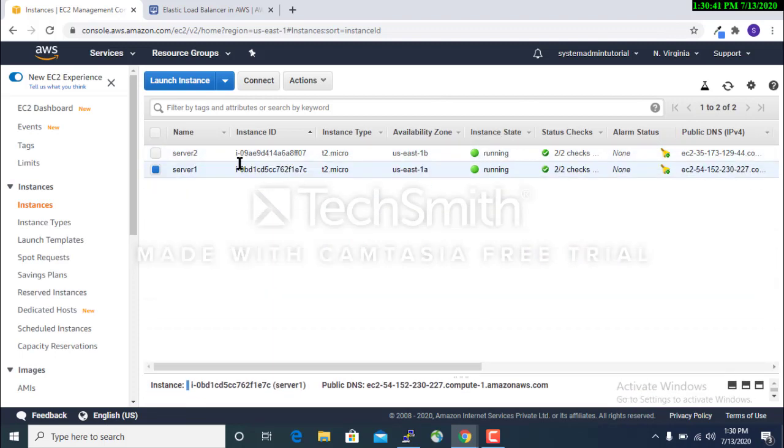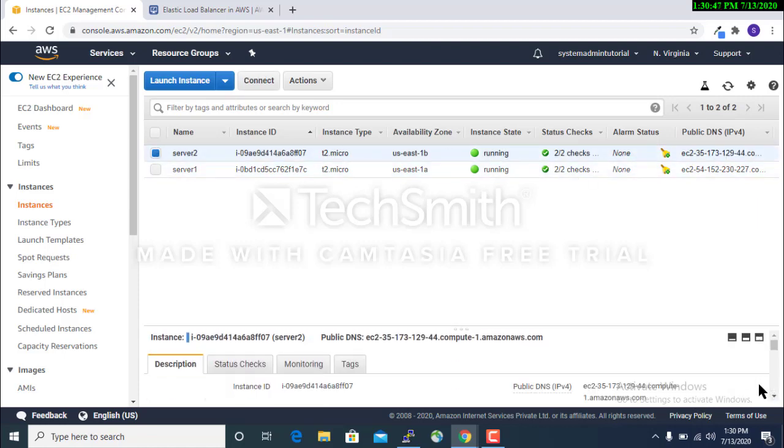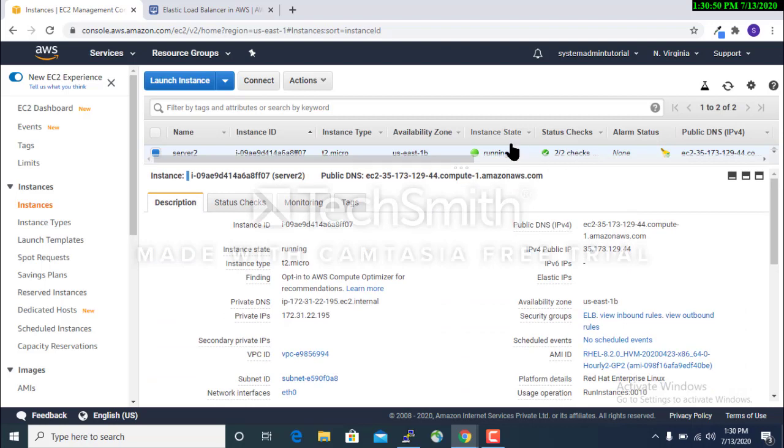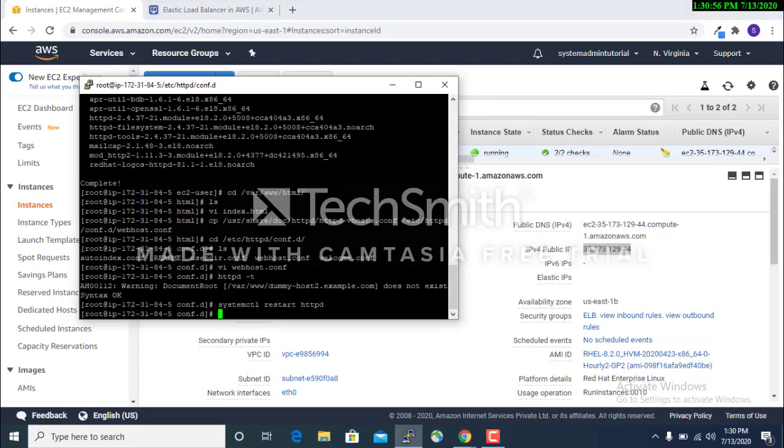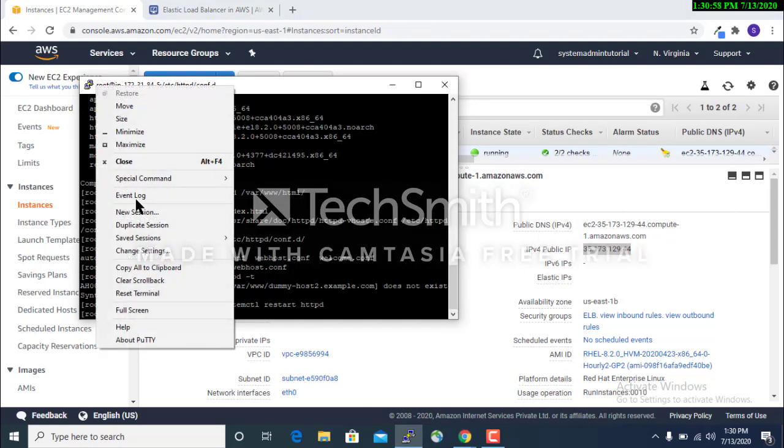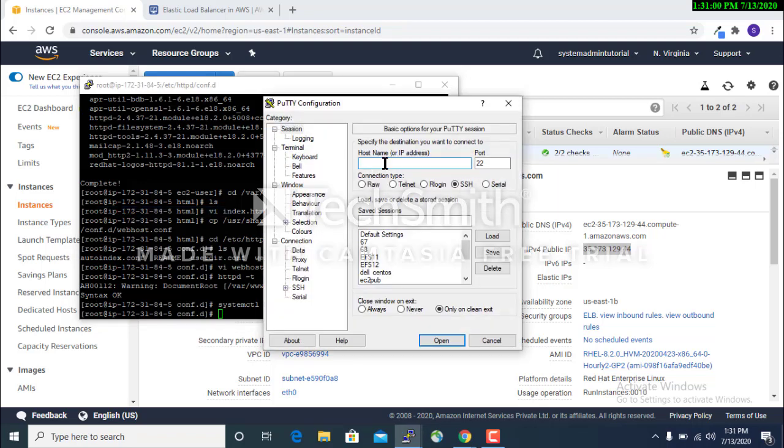Now you go to the second server, server 2. Okay, server 2 is initialized completely. So this is the public IP address, and go to PuTTY, start a new session, put your second server address, then expand the SSH.